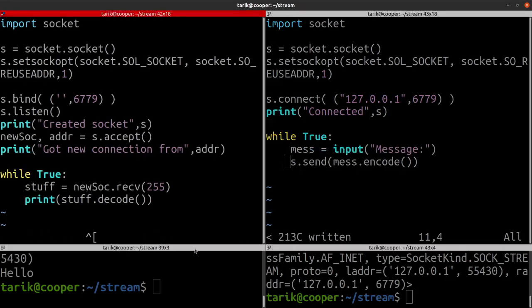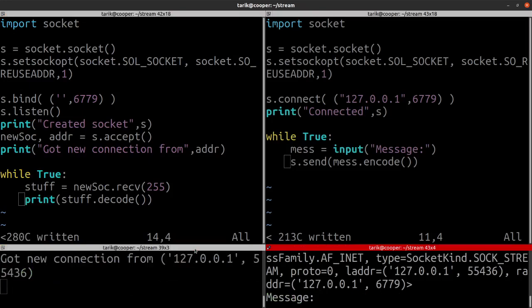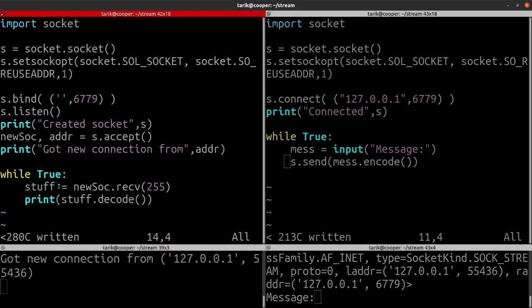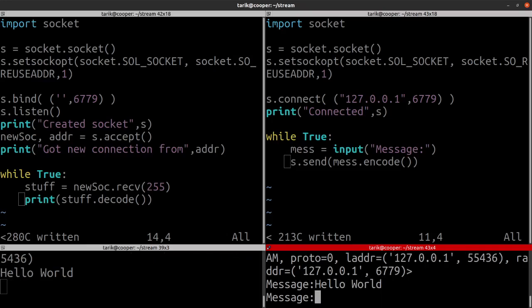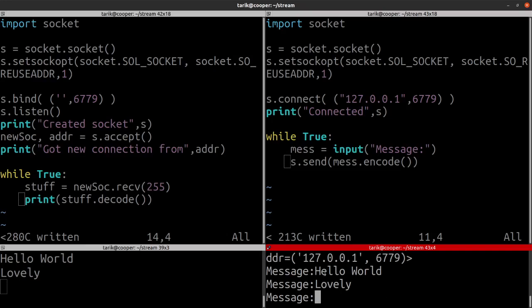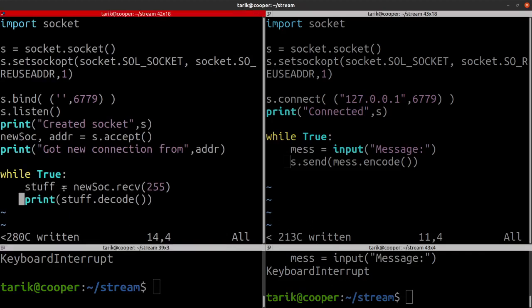So now I've got two programs. I've got the server which is sitting there, I've got the client which is connecting to it. So it's got the connection. It's not received anything, so again this is a blocking call. And I can send messages over. Lovely. This is all one way. It's worth noting this is a socket, so what you can do